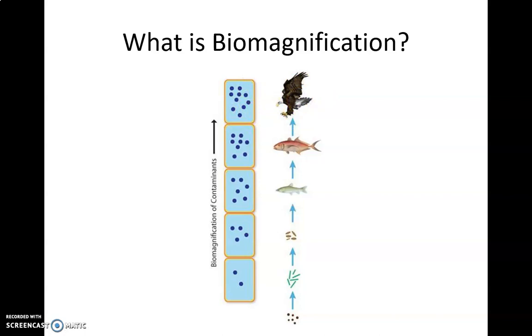And the reason that this was bad was because these birds of prey, when they would lay their eggs, the eggshells would be too thin. And they found that the reason that these eggshells were too thin was a direct result of these birds of prey having too much DDT in their bodies due to the food that they were eating. And so, because the eggshells were too thin, when the moms would go to sit on the eggs to incubate them, they would crack, the eggs wouldn't hatch, and so these birds of prey populations were decreasing drastically. And so that's what led eventually to the ban of DDT.